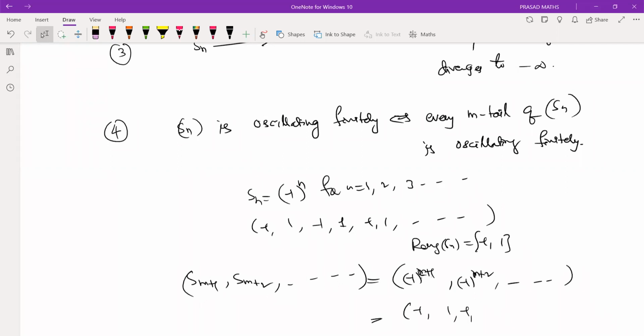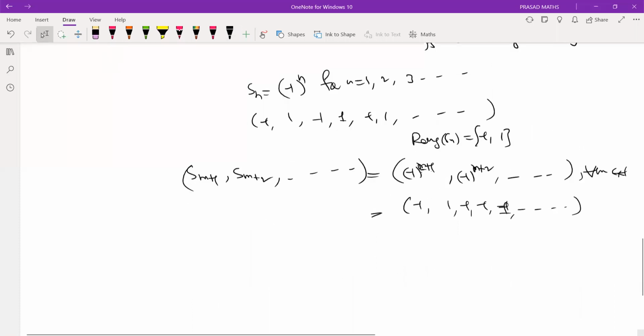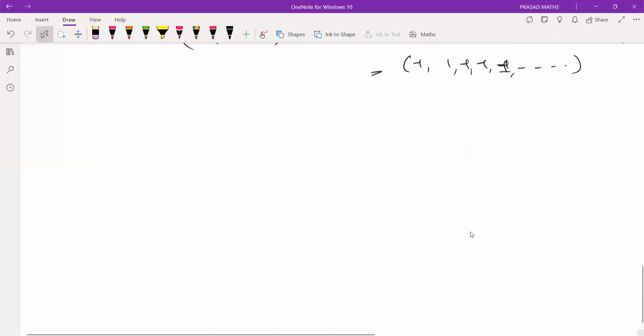So -1, 1, -1, 1, -1, 1. So it is also oscillating finitely. This is true for every m, because m is not a fixed number, m is arbitrary. Therefore, every tail that you consider is also oscillating finitely. Similarly, you take any sequence,